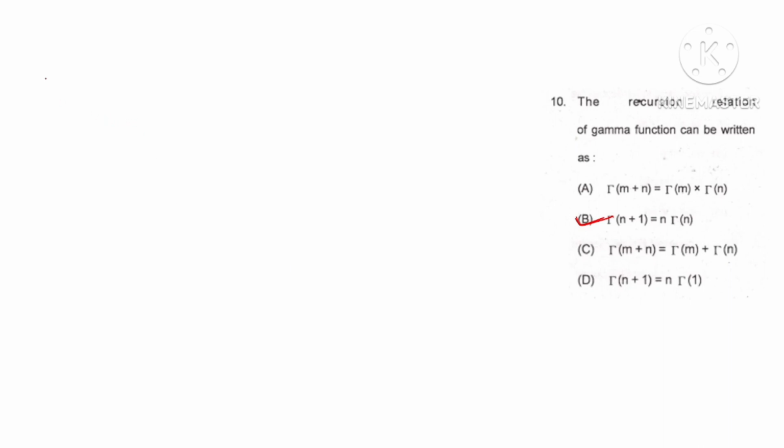By the definition, you know that the gamma function is represented as gamma of z is equal to the integral from 0 to infinity of t to the power z minus 1 e to the power minus t dt. Okay. Similarly, if we write gamma of n plus 1, then we can write it as the integral from 0 to infinity of t to the power n, because z is replaced by n plus 1, e to the power minus